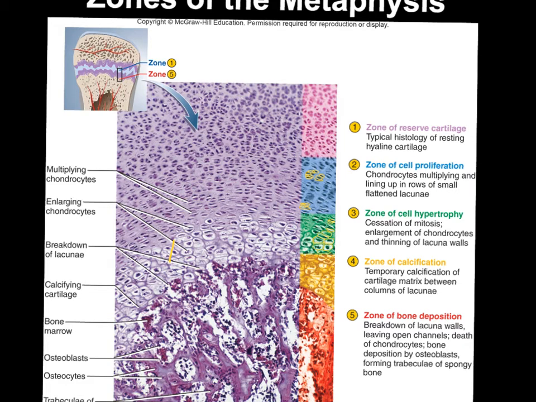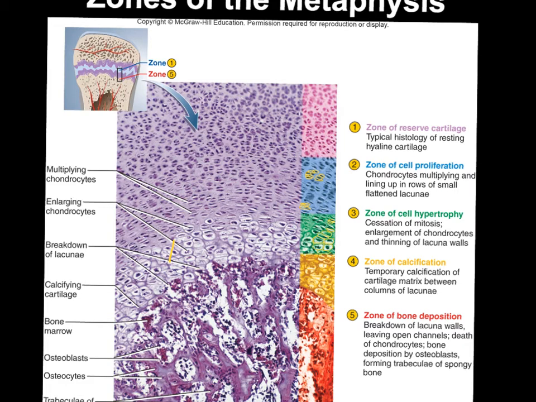We've actually broken down the walls between these stacks of lacuna, making big tubes surrounded by calcified cartilage extracellular matrix. That leaves these long open channels where there used to be stacks of cartilaginous lacunae, and